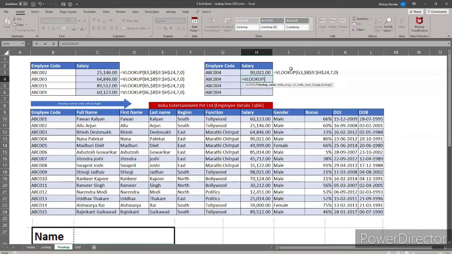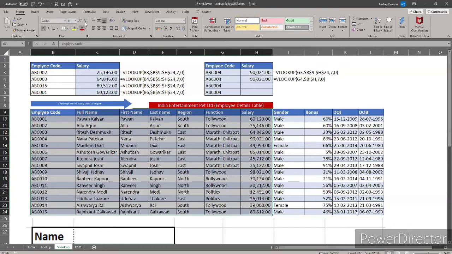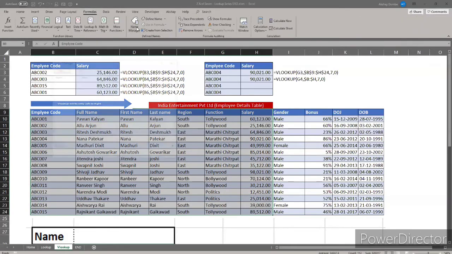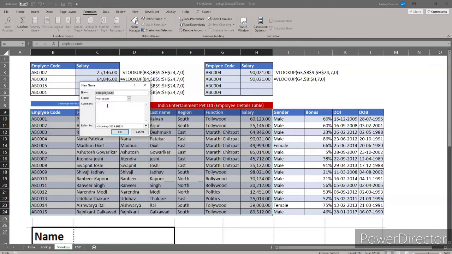Second, instead of using a particular range, I will prefer to select the full column and press F4 to freeze your columns. Column index number is the same. So this is the second way. Third way is giving a name to our particular range. Here we'll select our range, go to Formulas, Name Manager, and create a new name, emp_d, and my range is B9 to H24.